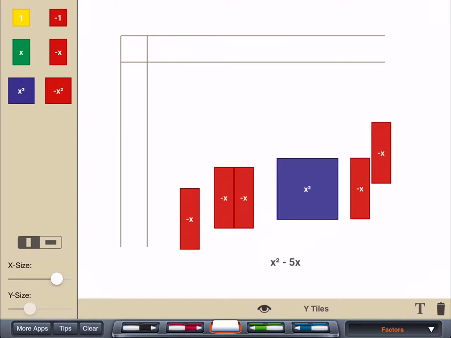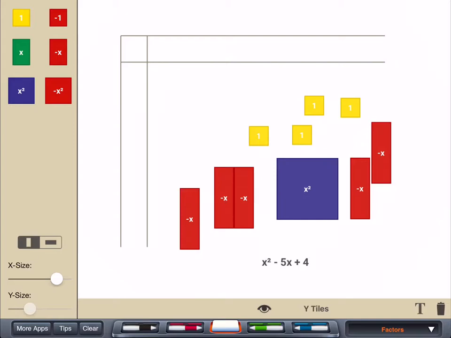X squared minus 5x plus 4. And so these are all of the pieces that we have in our standard form for this quadratic function. So we want to use these pieces to build the area model. Either it's going to be a square or it's going to be a rectangle. As you're building today, you always want to try to build a square. Square's better, but if you can't, then look to see if you can build a rectangle, because that would be